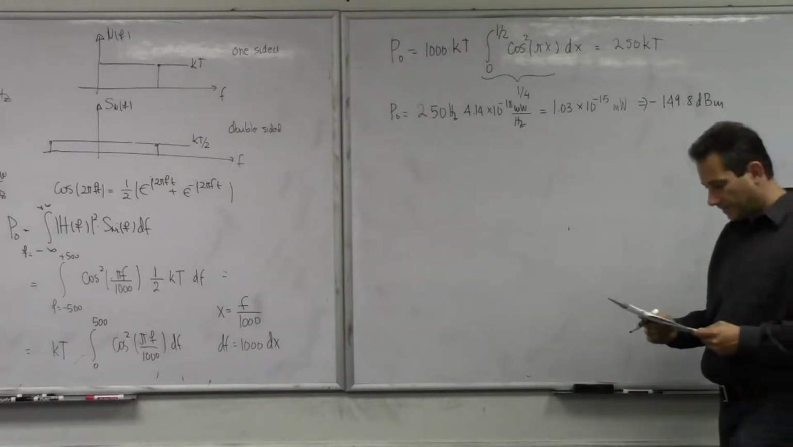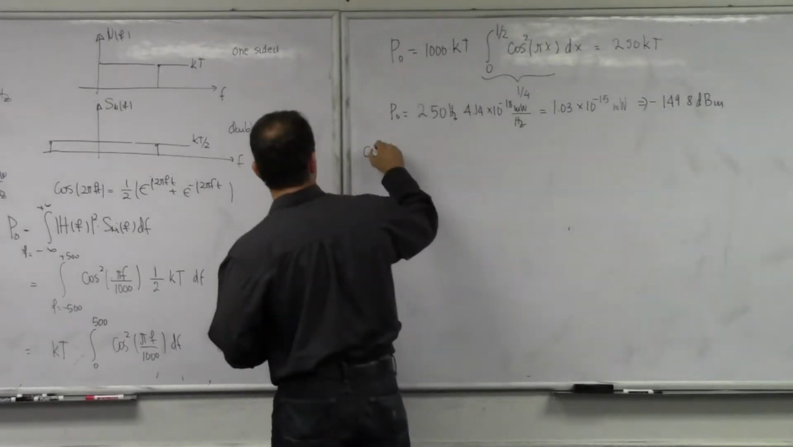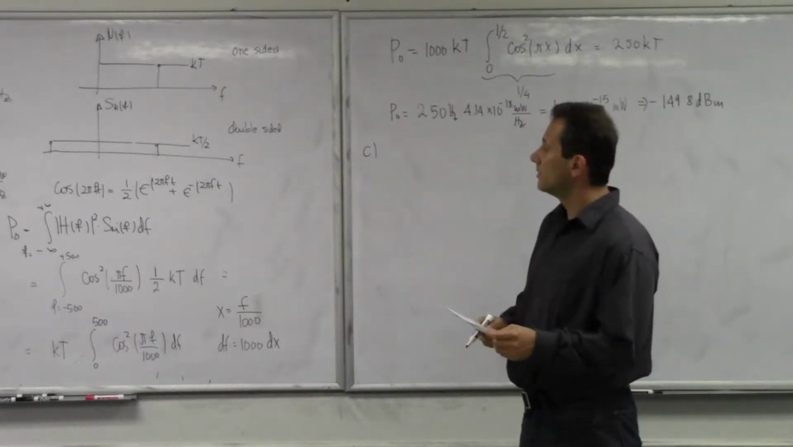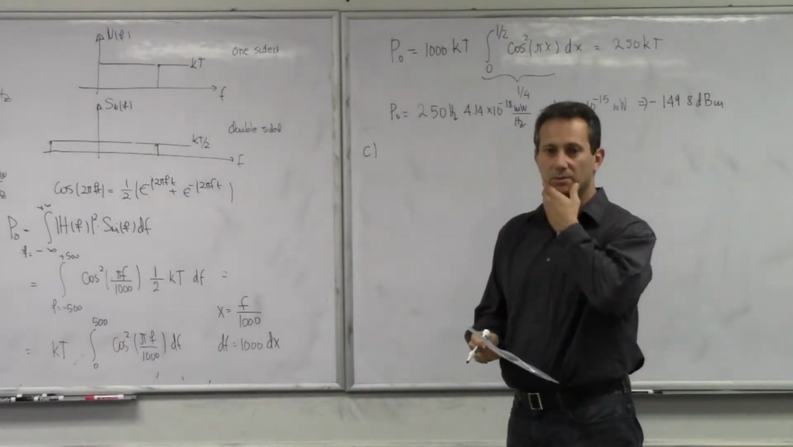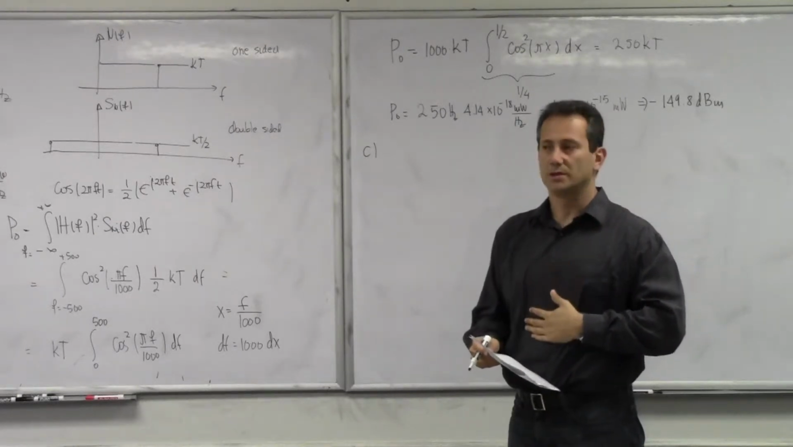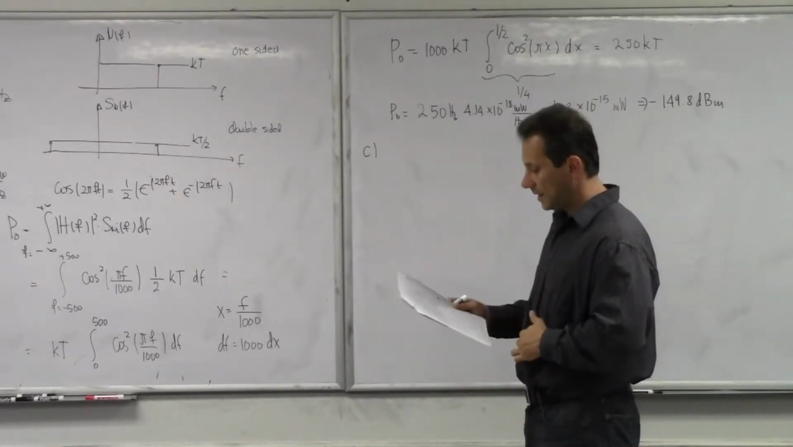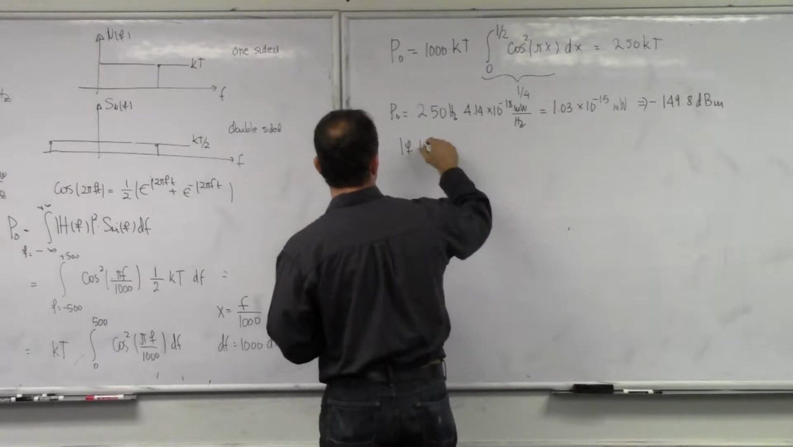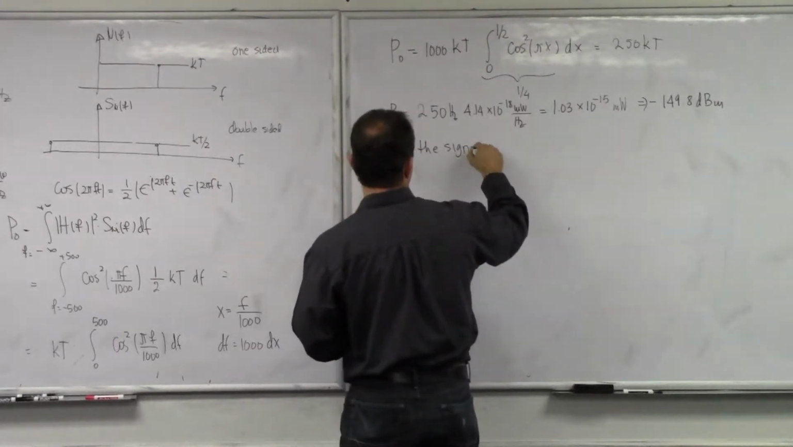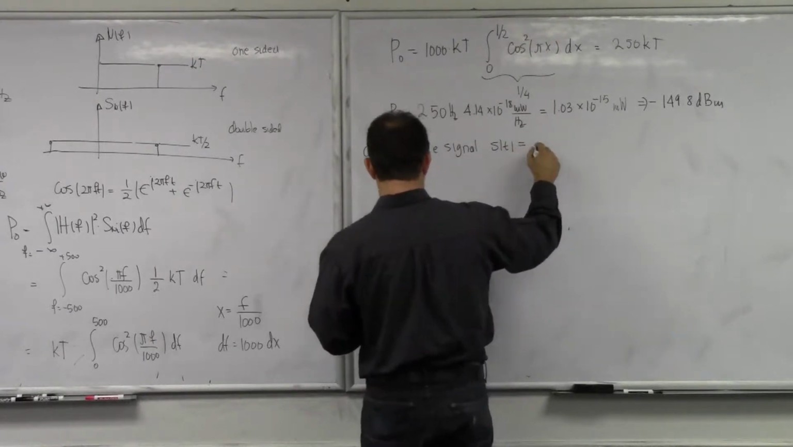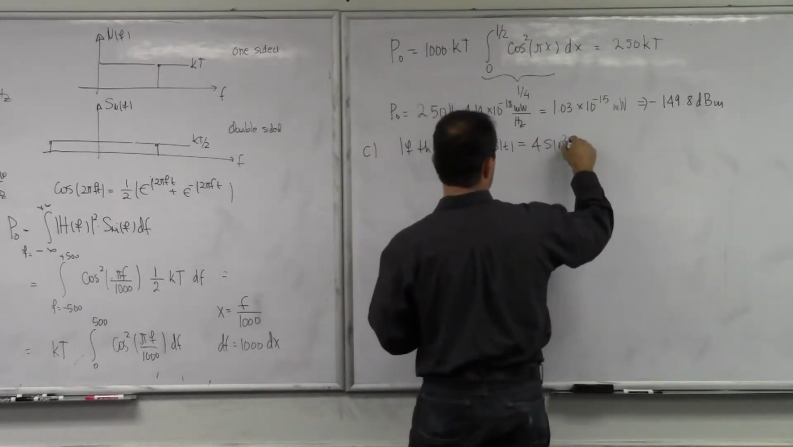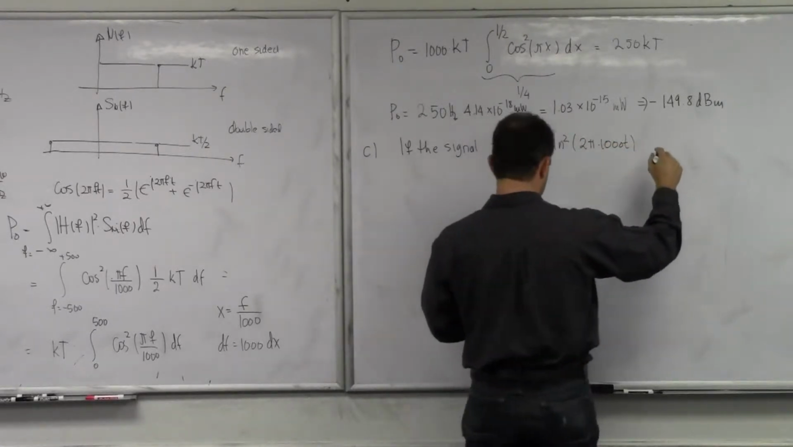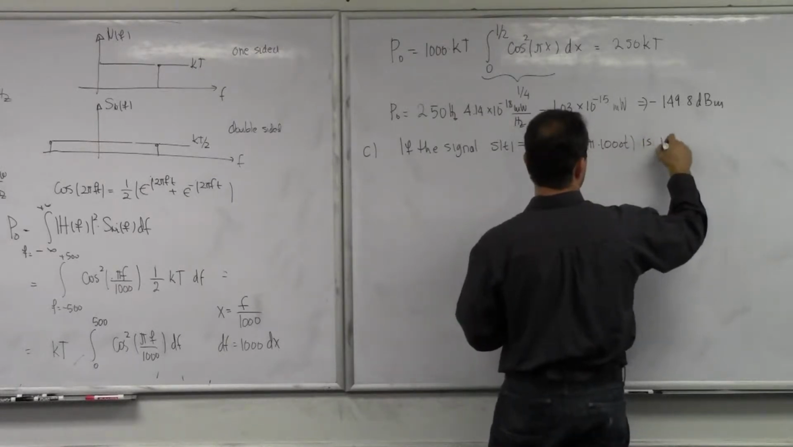And then for part 3, I want you to be really alert. I took this problem from one of the comprehensive exams. The comprehensive exam is what we give to master's students who are about to graduate. The third part was given like this: if the signal s of t equal to 4 sine squared 2 pi times 1000 t is presented to the input, find the